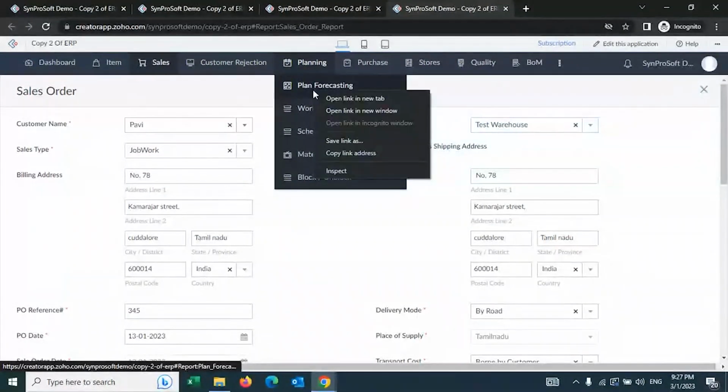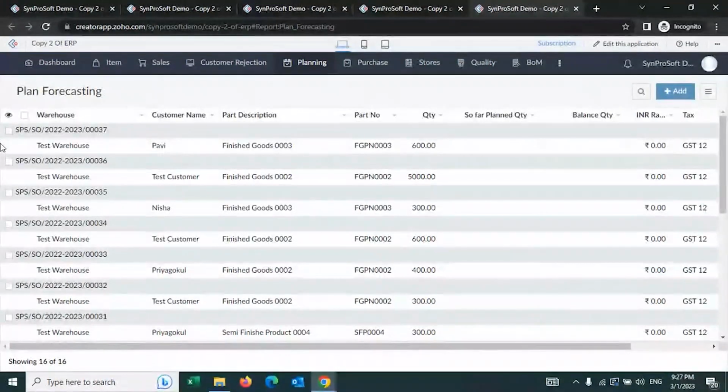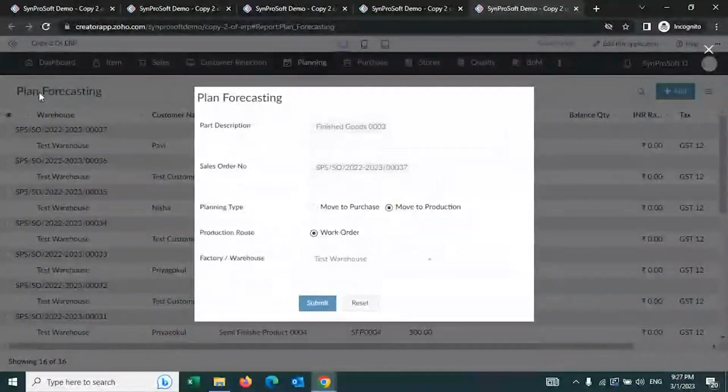Now once the customer has given the sale order to you, what will you be doing next? You will plan. You need to create a forecast. You need to create a schedule. How am I going to work on this for me to produce this item? When am I going to produce this item? That is what you'll be doing next as part of the planning and forecasting.